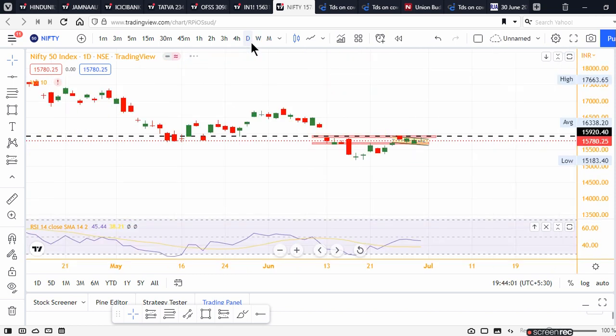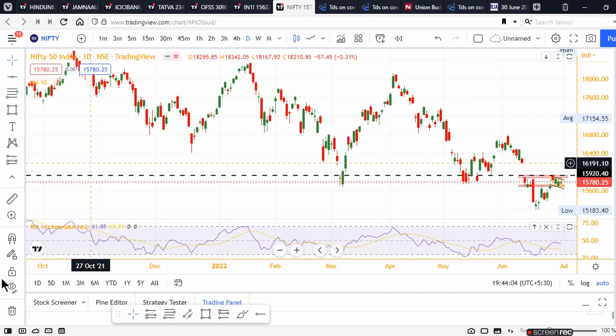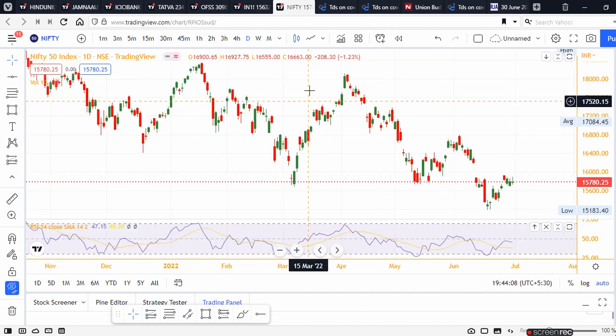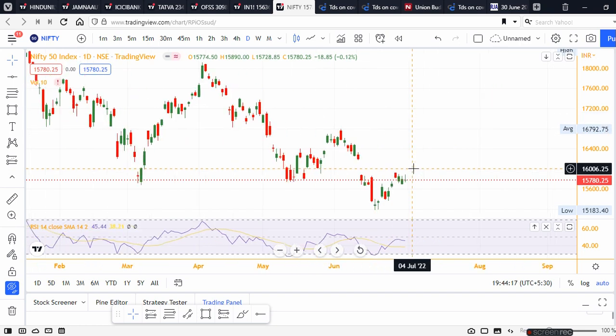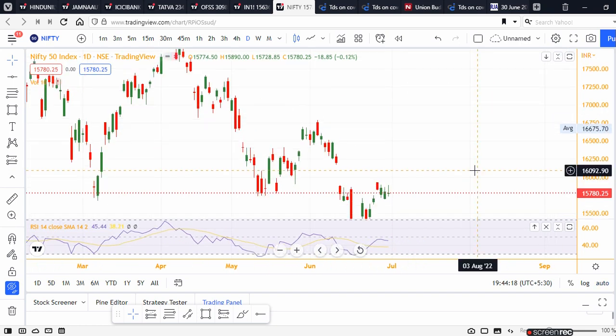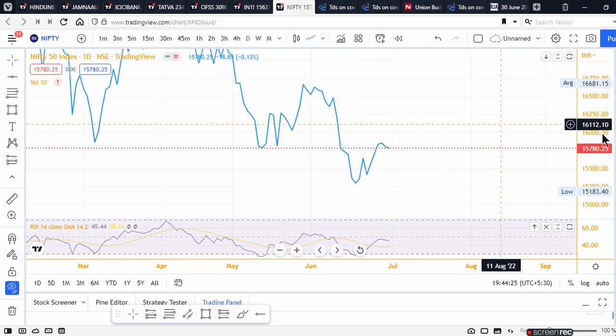Now let us go to the daily time frame and let me tell you what the chart is speaking. Let us hide the drawing. Let us see the chart clearly. After seeing the daily chart, I can say that market is confused. Why I can say that market is confused? Just focus at the last green candle, what it is showing. Let me go to this chart and tell you very clearly.